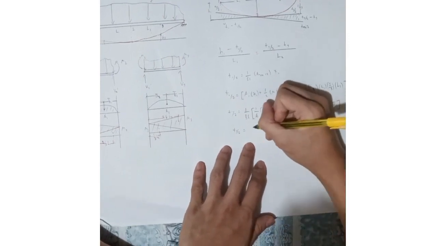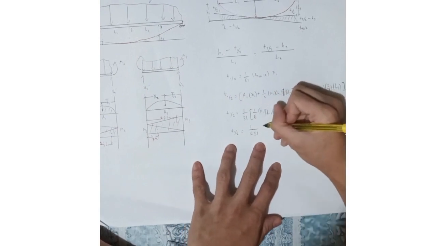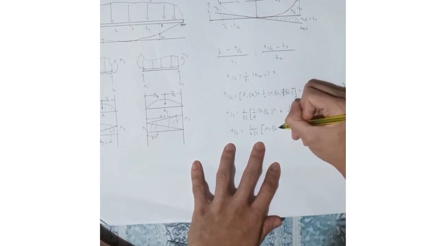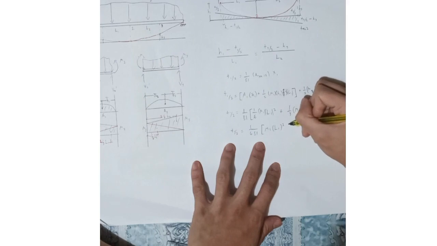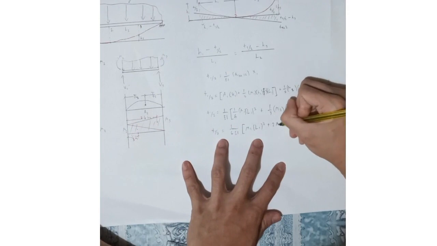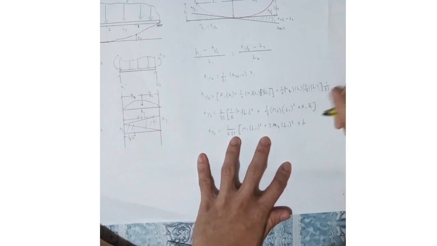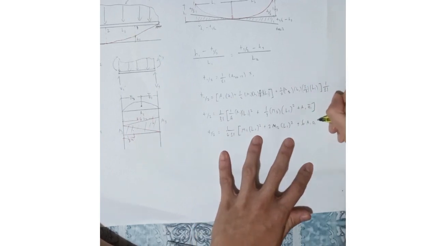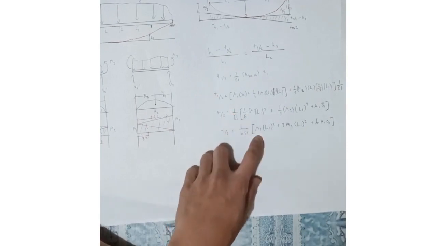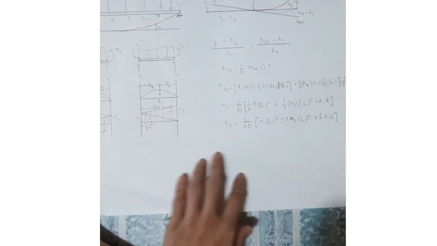And then analyze, 1/6 EI times m1 times l1 squared plus 2 m2 l1 squared plus 6 a1 a bar 1. So i-multiply siya sa 6, this one. Then